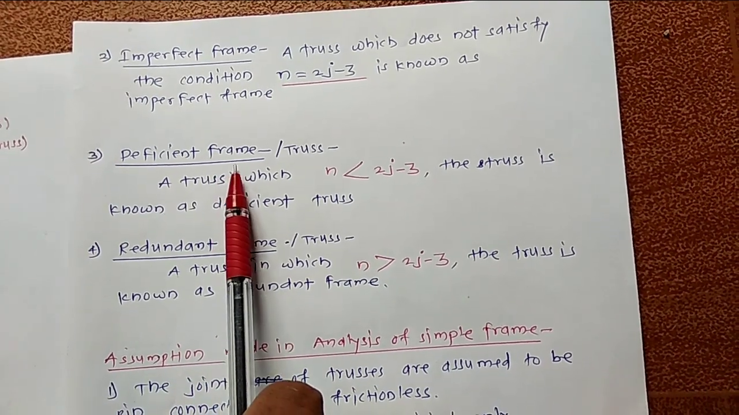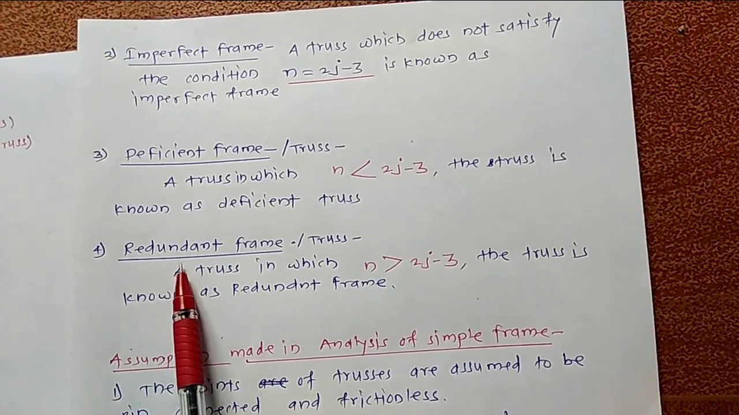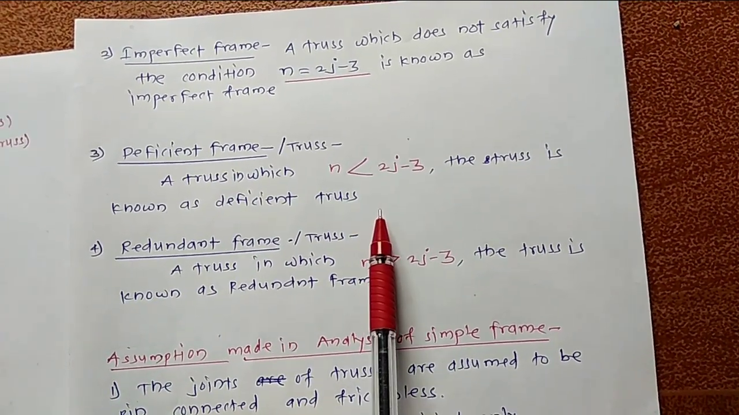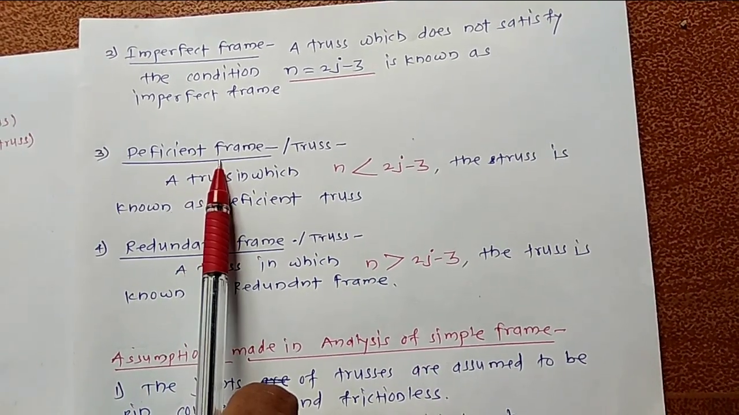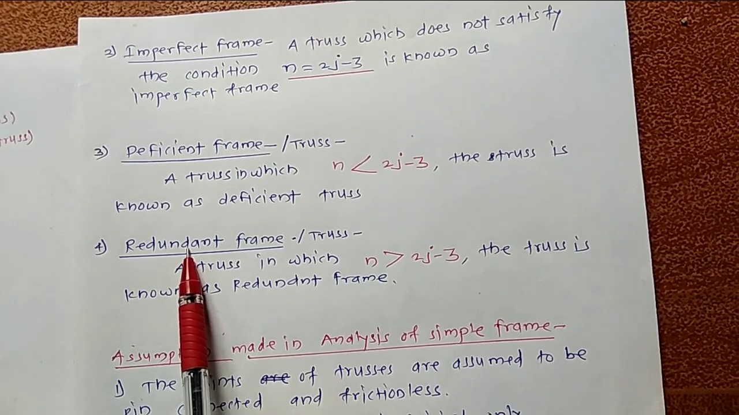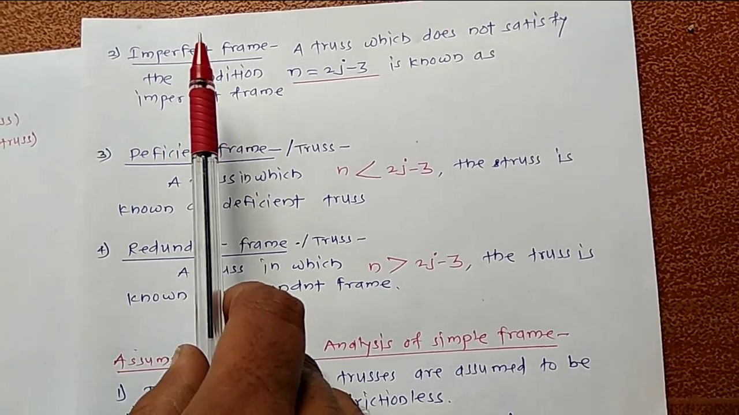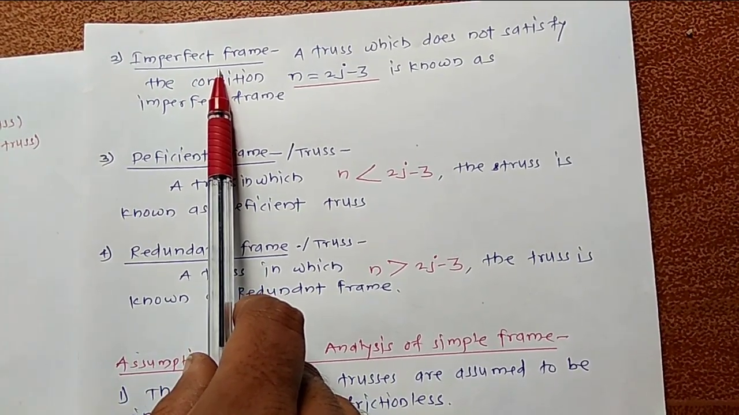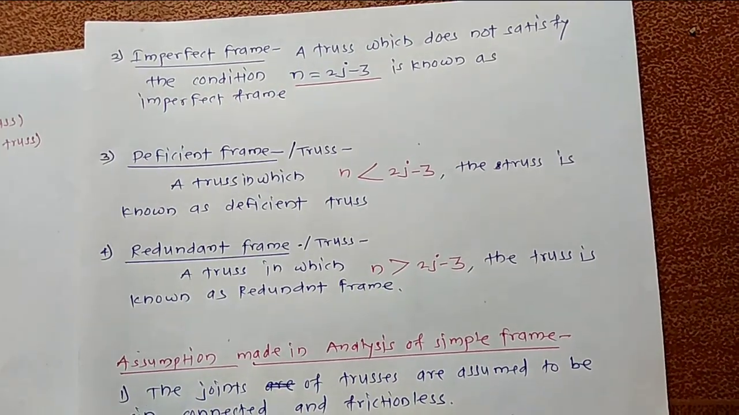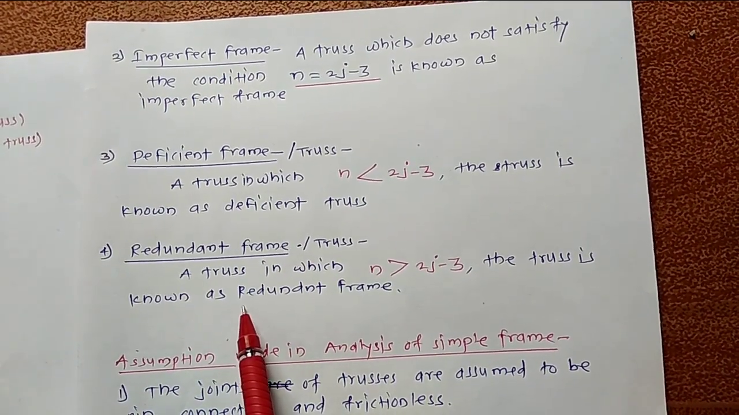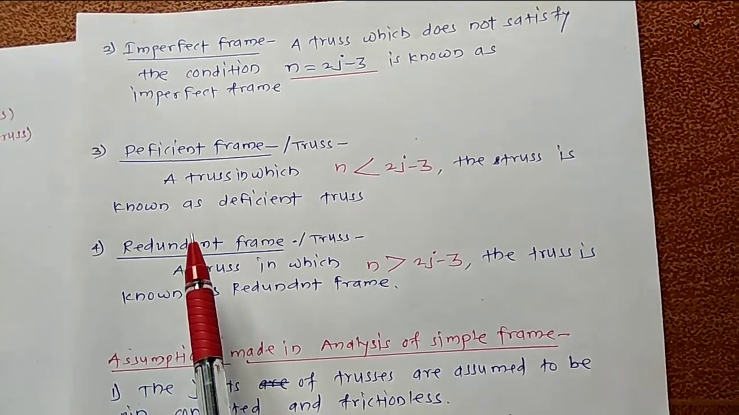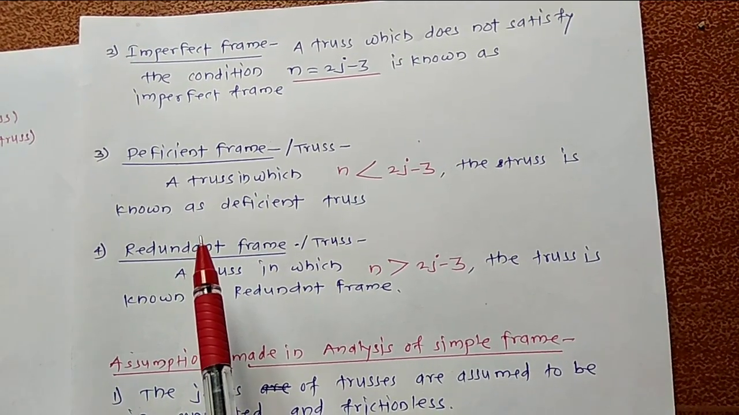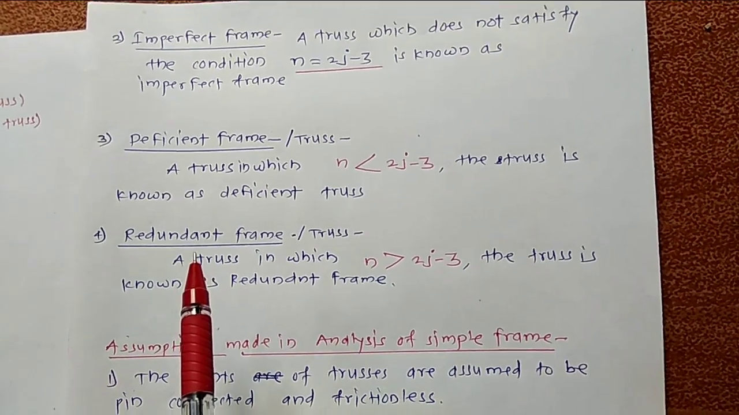That is, in the deficient frame and redundant frame, n is also not equal to 2j minus 3. Therefore, deficient frame and redundant frame are the subtypes of imperfect frame. This is all about the basic types of frame. Then, for analysis of the frame,